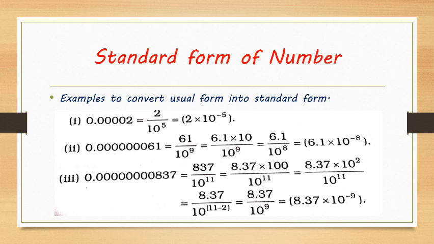Now conversion of usual form to standard form for small numbers. Suppose we have 0.0002. So what do we have to do now? We have to shift this decimal to the right of 2. So how many digits? 5. So we have to write 2.0 or simply 2 into 10 to the power minus 5. Or we can write this also: when you remove this decimal, it becomes 2 upon 10 to the power 5. When you keep it in the numerator, we have to take the reciprocal. Reciprocal means we have to change the sign. So 5 is written as minus 5. So this is also a way.